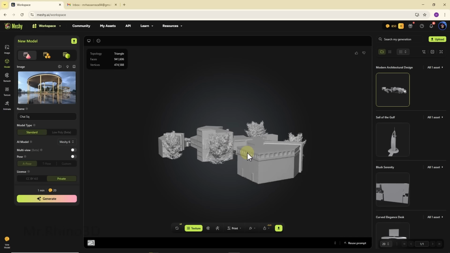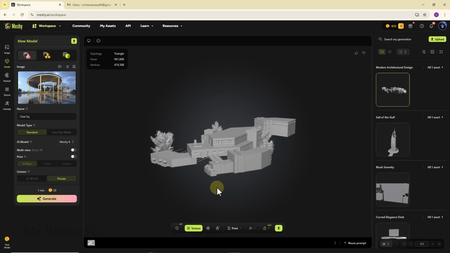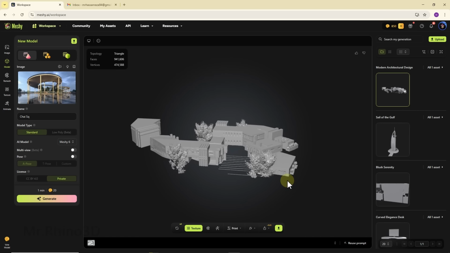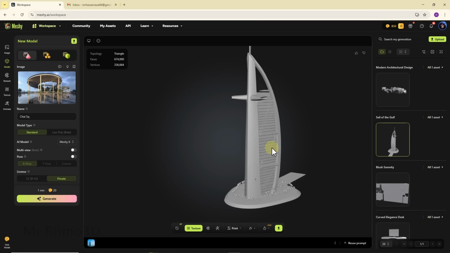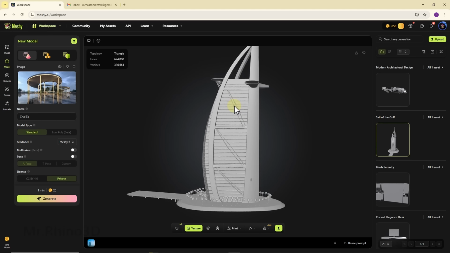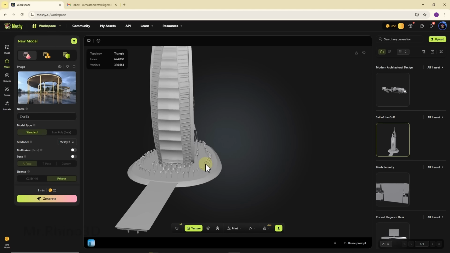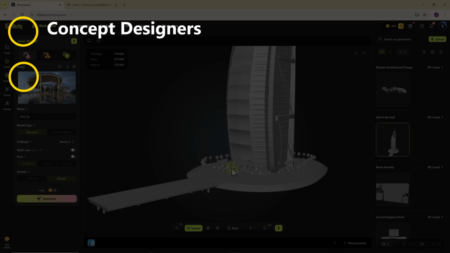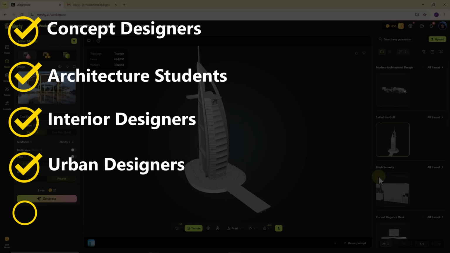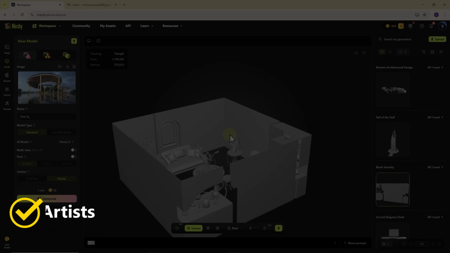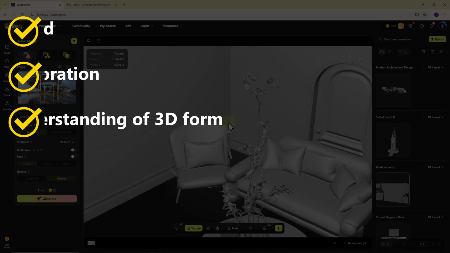Think of it as an intelligent assistant for modeling and visualization. It helps you quickly understand form, analyze a 3D object or building, and move faster in the early design stages. Used correctly, it saves time, supports better design decisions, and fits perfectly into a professional architectural workflow. Meshy 6 is especially useful for concept designers, architecture students, interior designers, urban designers, and 3D artists. If your main goals are speed, exploration, and a better understanding of 3D form, this tool can easily fit into